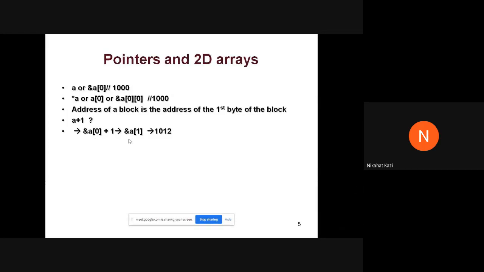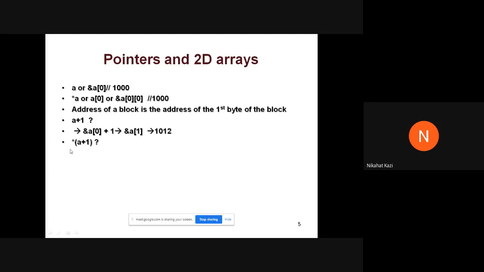Remember that this can also be written as address of A of 1. You can just add the 1 here, because this array is nothing but the next element of the bigger array, the next 1D array, the second row. So this expression A plus 1 is the same as address of A of 1. They are equivalent. And it's not necessary that you remember everything. Once you know the concept, you can always derive this quickly.